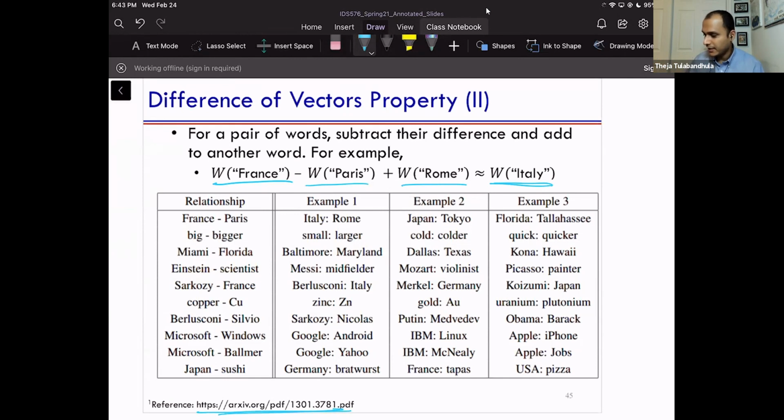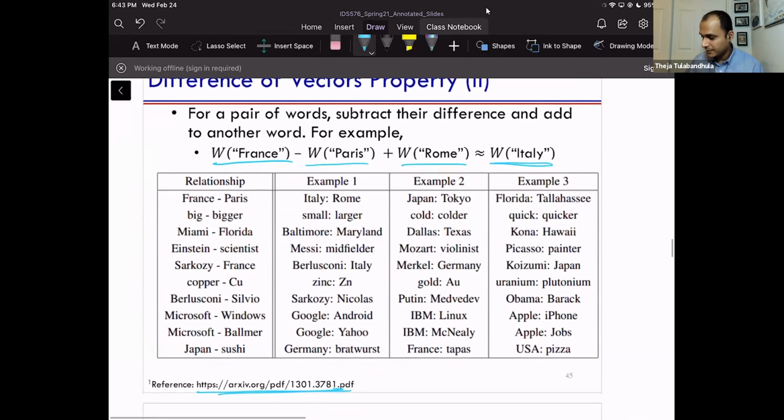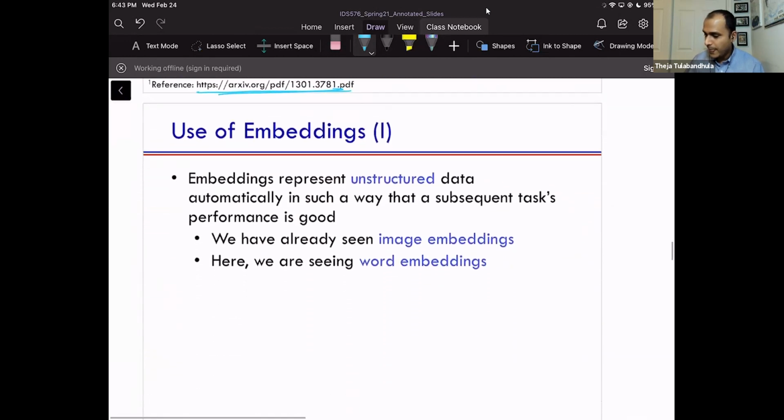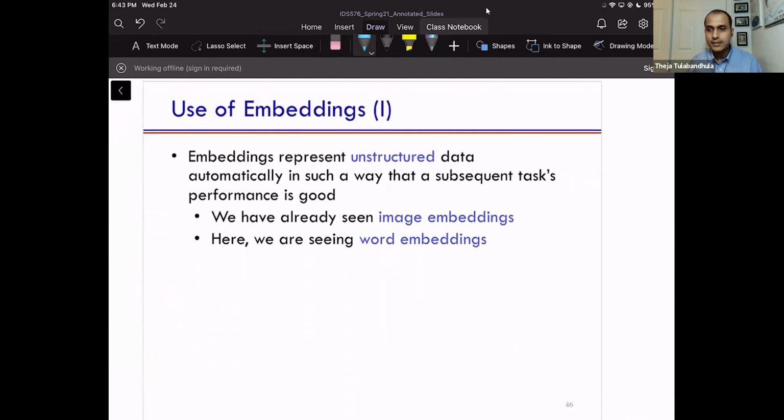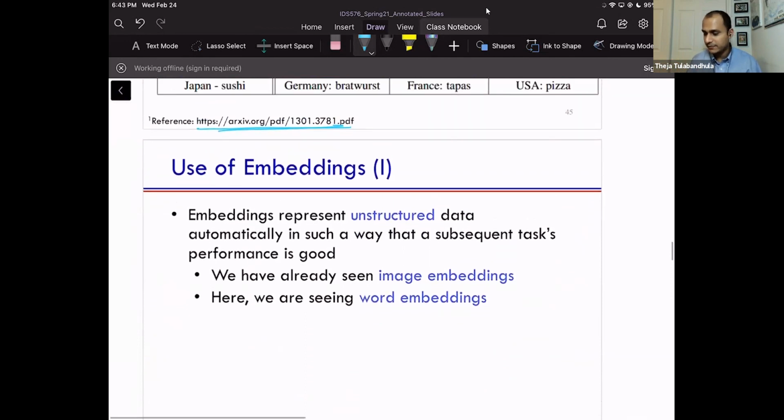So these are what I said as some side effects that come about. In the next few slides, what I'm going to spend time on is seeing how I am going to use these embeddings. One idea that you've already seen from your assignment 2, first question, as well as when we were talking about images, is literally transfer learning. Here we'll see something equivalent to that, but a few more ideas. Any questions before I talk about these applications, about what I showed earlier?